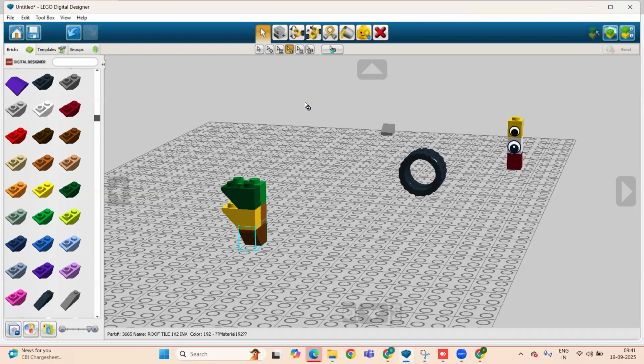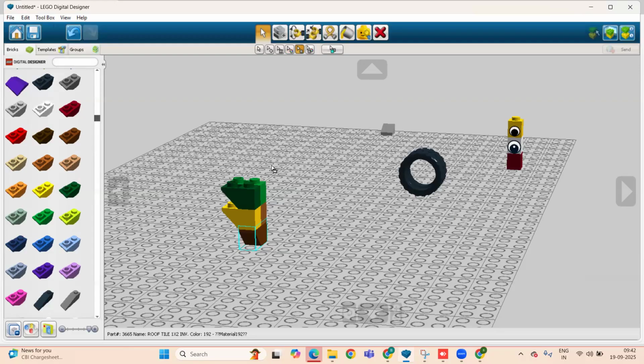Okay. Let's move forward. That is the shape selection tool. Shape selection tool is doing a different kind of job. For example, if I'm using this, objects or bricks of the same shape get selected. So the same kind of bricks are all here.